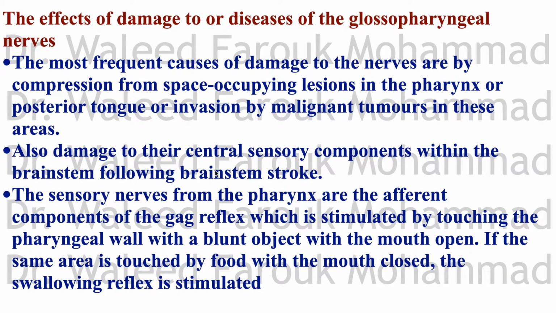The effects of damage to, or disease of, the glossopharyngeal nerve. The most frequent cause of damage to the nerve is compression by space-occupying lesions, meaning tumors or cysts forming in the pharynx or posterior tongue, or direct invasion by malignant tumors in these areas. Also, it involves damage to the central sensory components within the brainstem, following, for example, a brainstem stroke or cerebrovascular